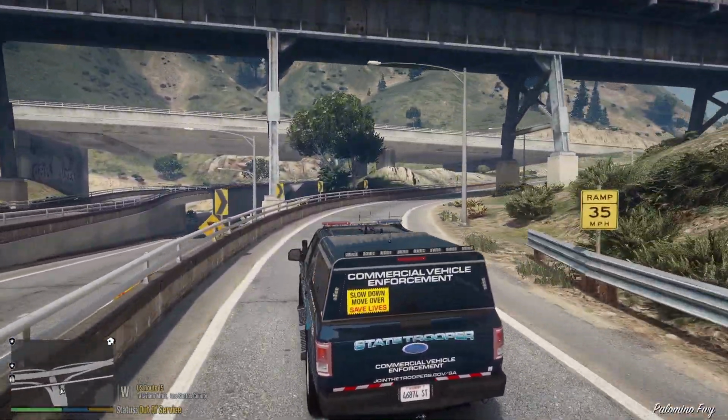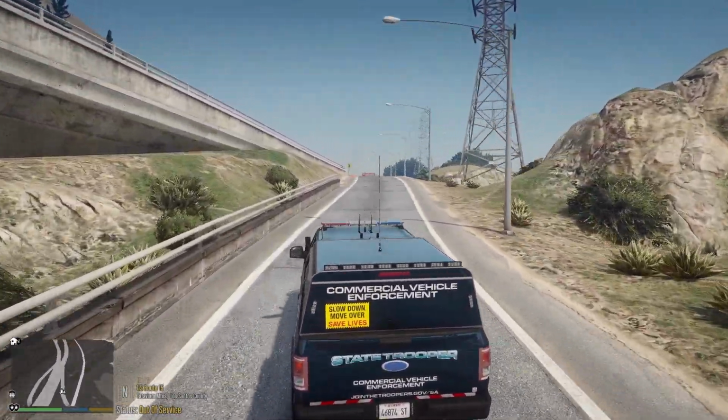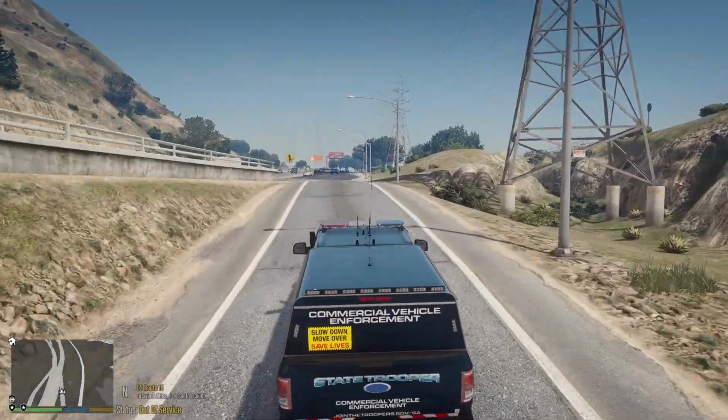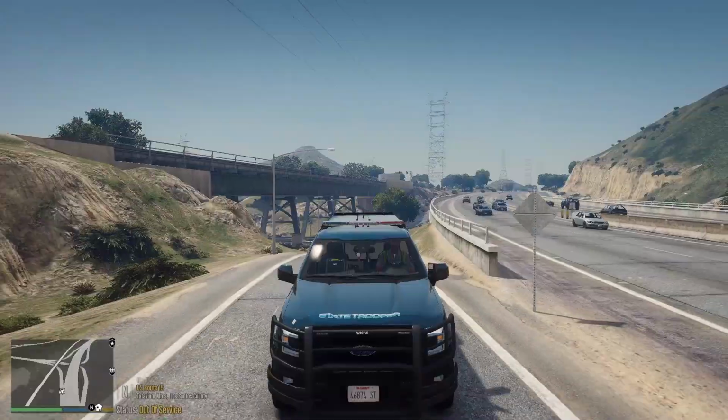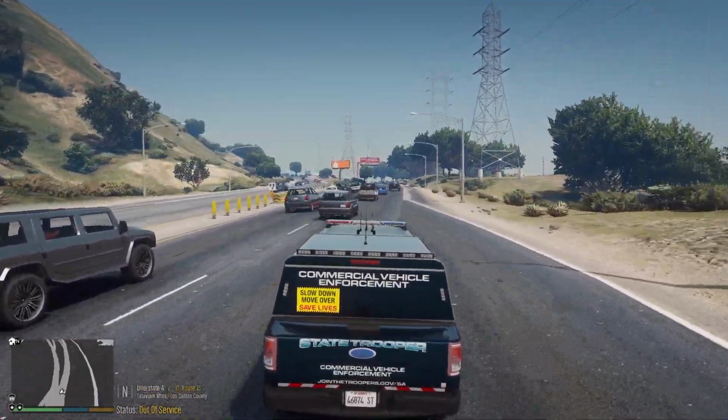Alright, no ALPRs, so we're not going to be doing any automatic license plate readers, not pulling anybody over for documentation or outstanding warrants or anything. We can't call for backup if that's what comes about, but other than that...